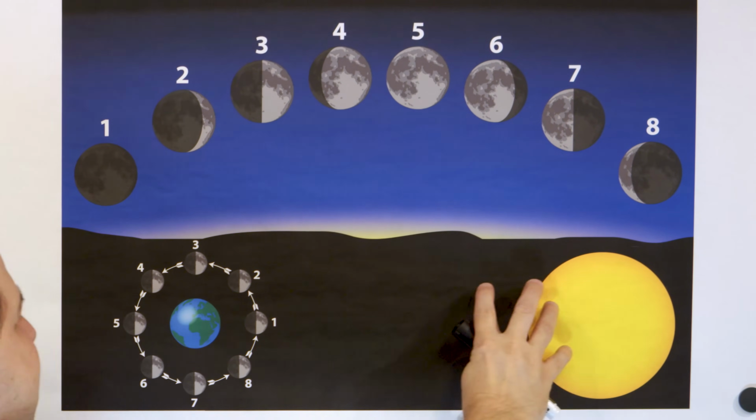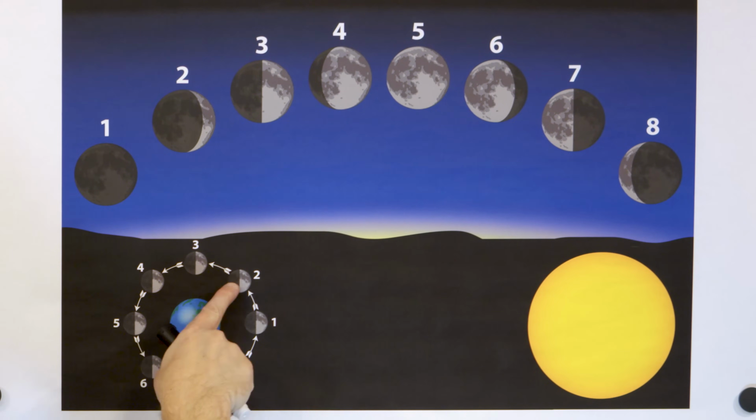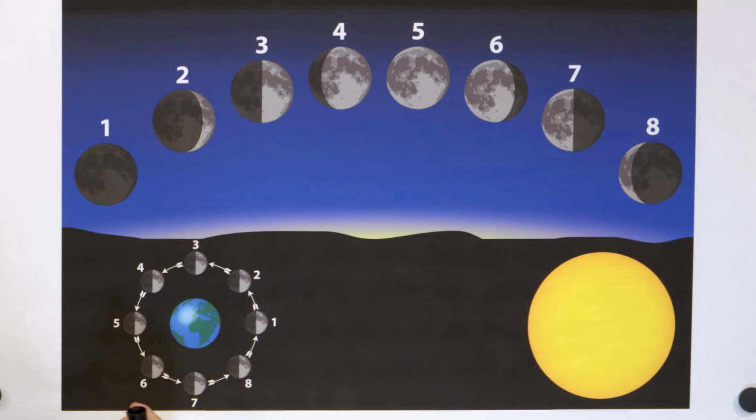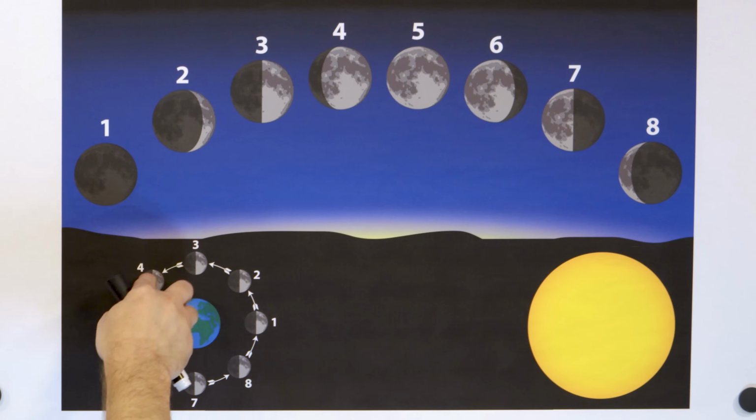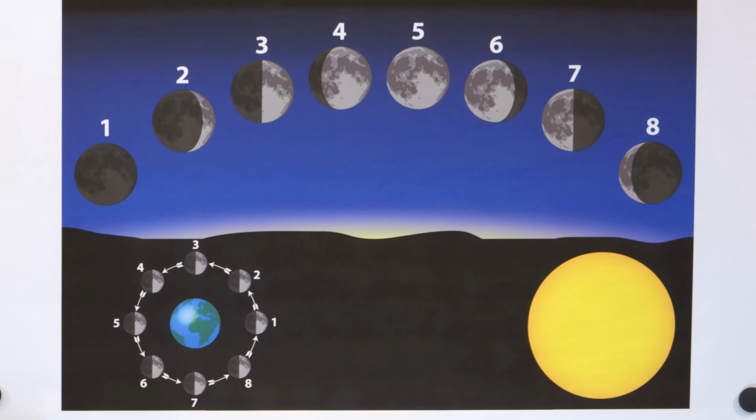Right? So as the sun illuminates the whole system, you see at all times the moon is illuminated. Half of the moon is always illuminated because it's a sphere and it's being illuminated by something really far away. So essentially parallel rays are illuminating one half of the moon at all times. But you see,